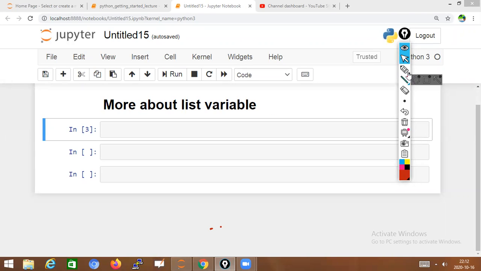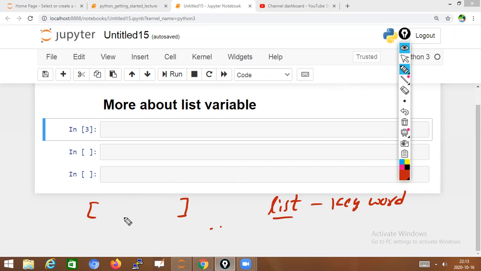Now we'll discuss more about the list variable. In this, first we'll learn list. List is a keyword which is used to generate a list. A list means values will be stored in the form of closed brackets. Multiple values or multiple data types will be stored in the form of enclosed brackets, and a list can do that work. When you put the keyword list and write something, all the values will be stored in the format of a list.